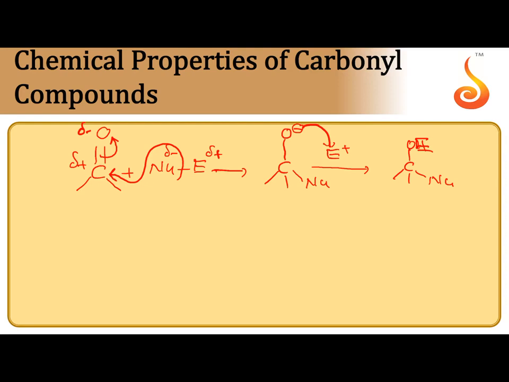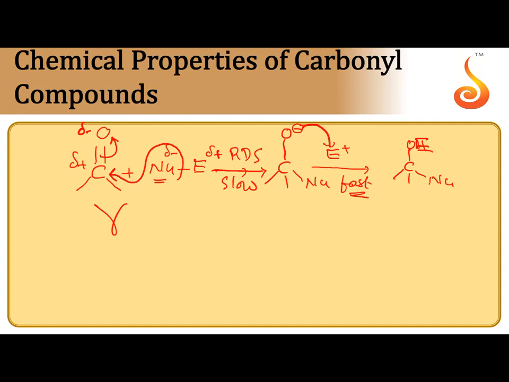But why is this reaction called a nucleophilic addition reaction only? The reason: the first step is the slow step, which is called the RDS, rate determining step. In that rate determining step, since only the nucleophile is involved, this reaction is called nucleophilic addition. Addition of the second electrophile is a very fast step. So the rate of the entire reaction is decided by the first step. That's why it is called nucleophilic addition reaction.